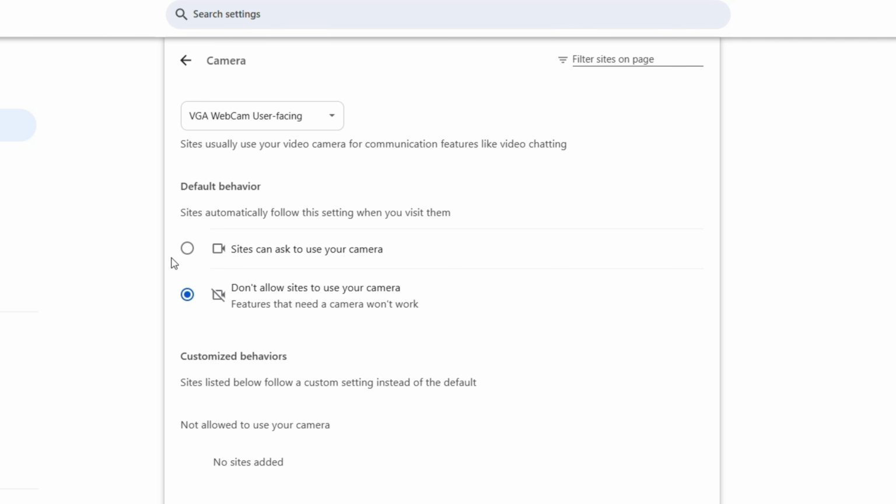Click sites can ask to use your camera. So just a thing to remember, you don't automatically grant websites to use your camera, but instead it can ask for your permission to use the camera. So these are useful for features like video chatting or meetings online,